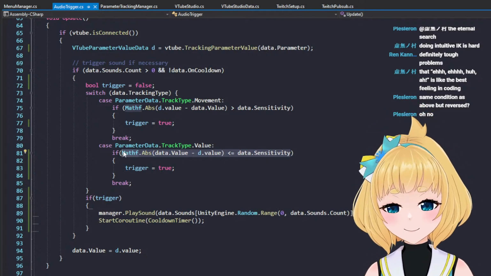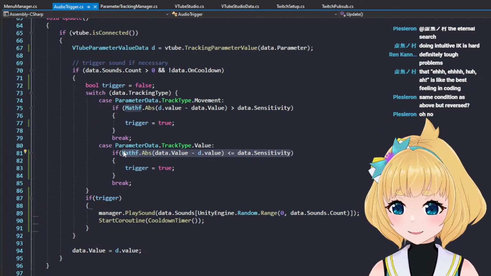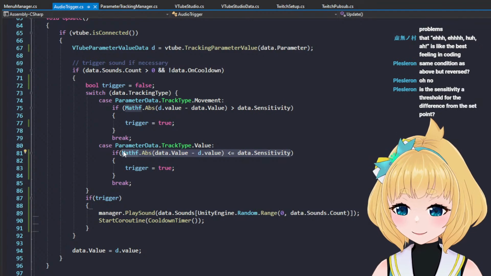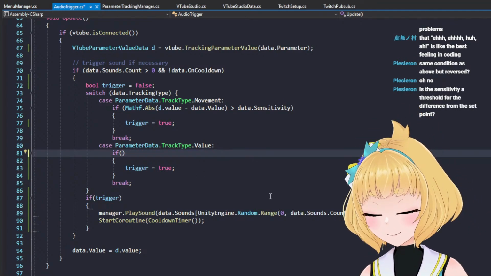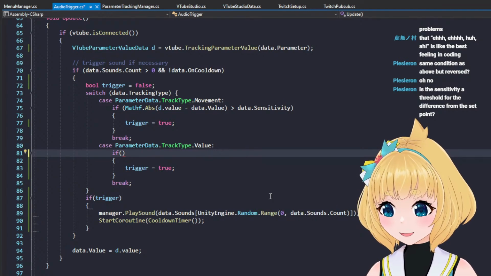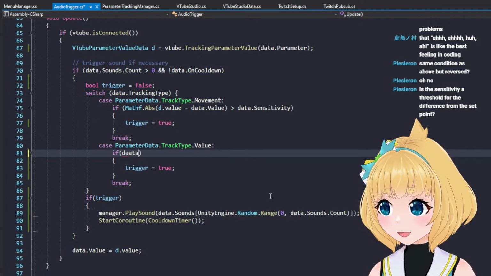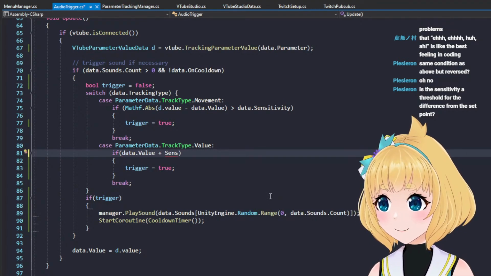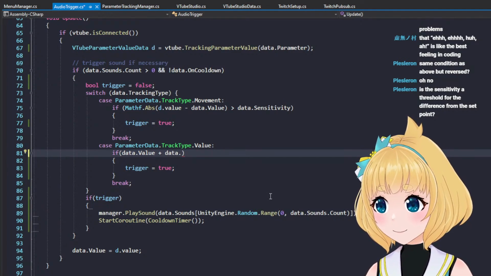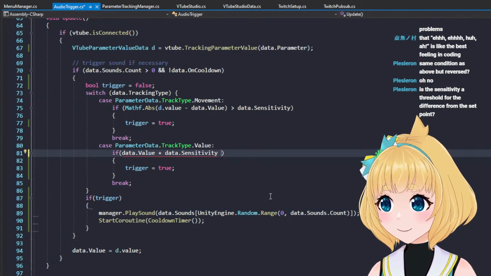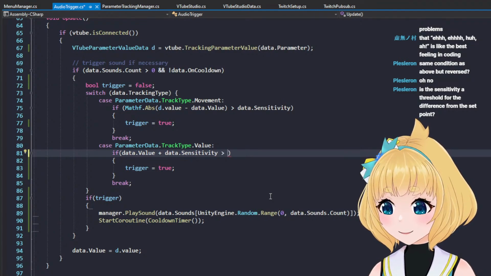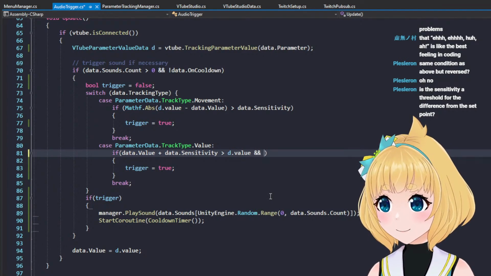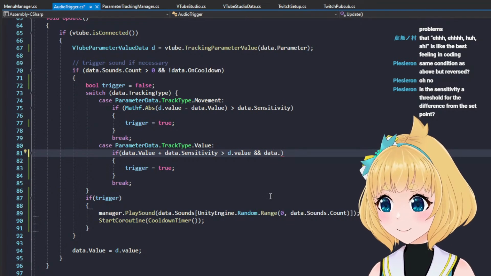Okay, I'll tell you what I'm trying to do. All I'm trying to do is check if value D is within... I mean, I know I can do it like this. Okay, look, I know I can do it like this. I can go, data.value plus sensitivity, or data sensitivity is greater than d.value, but, oh, and data.value. I think this is the right math, but